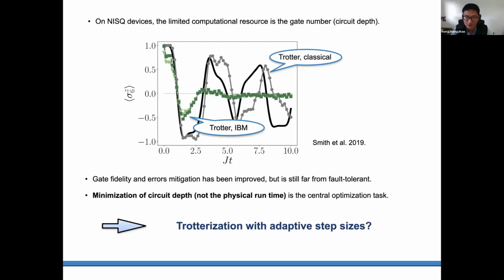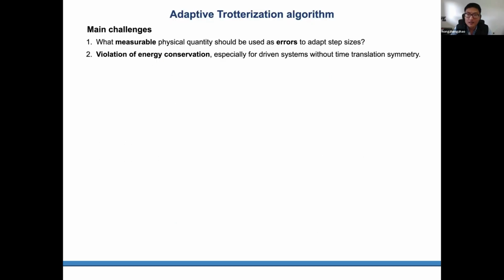So basically, we want to ask: is it possible to design a Trotterization algorithm with adaptive step sizes? It's motivated from classical ones, but is it possible on a quantum computer as well? We just realized that it's not a simple task, and there are mainly two challenges in solving this problem. The first one is, what kind of measurable physical quantities should we use as errors to adapt our